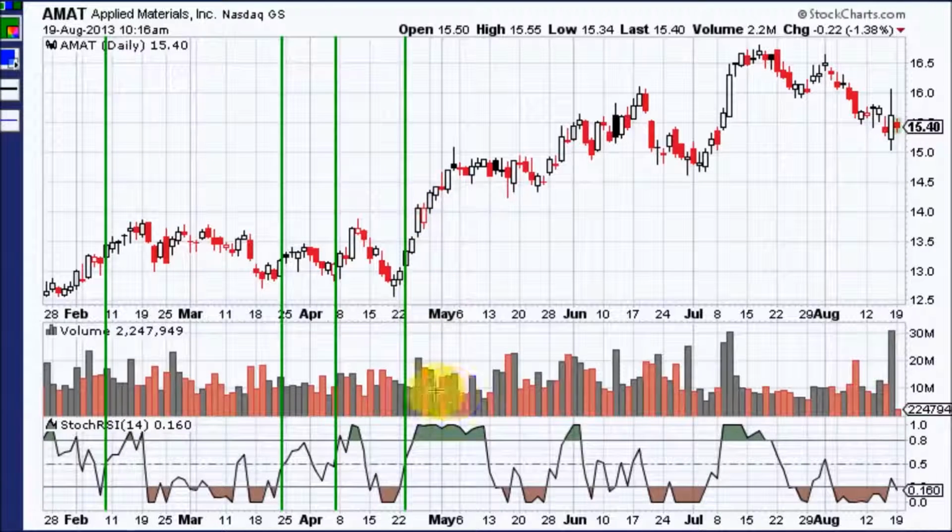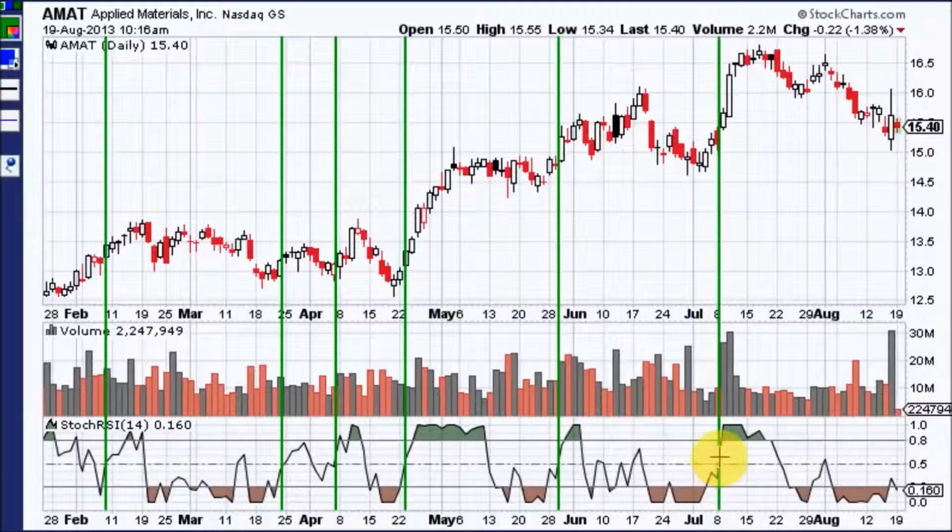Pretty good green volume here. It looks pretty equal overall, but here's your reversal candlestick and the stock moves sideways. The next Stoch RSI buy signal comes right here when it crosses back up through 0.5 and the stock rallies. The next big one comes right here just before the stock breaks out into blue sky territory, closes right here